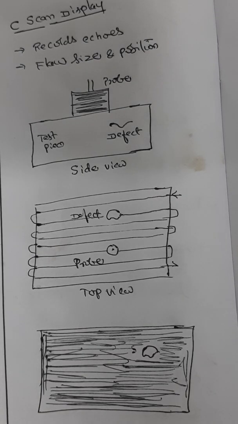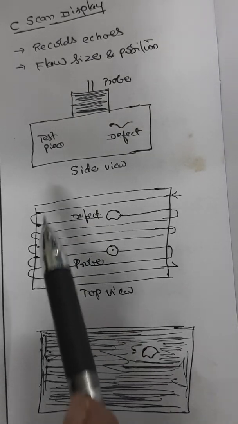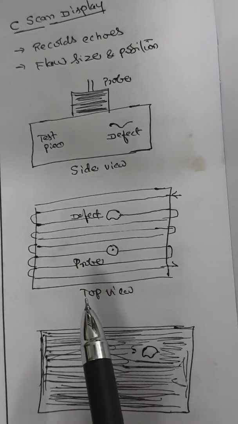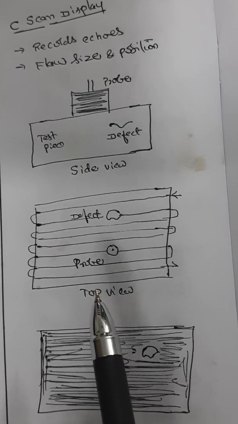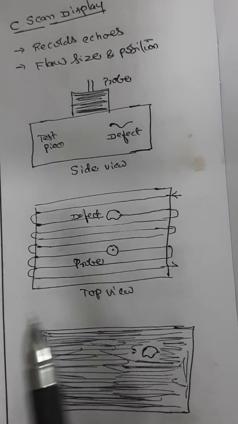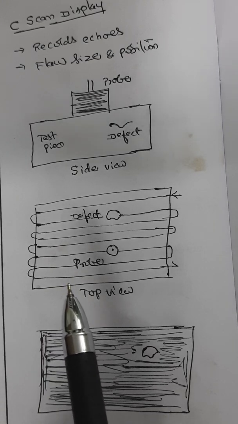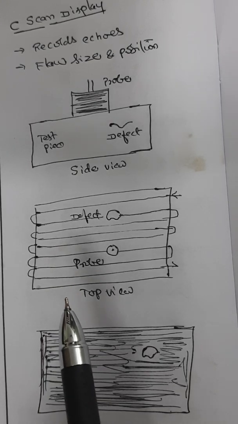That is a very important thing you need to know. The presence of a defect or a flaw is indicated by an absence of shading, as shown here. Shading is missing. The C-scan presentation provides an image of the features that reflect and scatter the sound within and on the surface of the test space. These scan displays are produced with an automated data acquisition system.